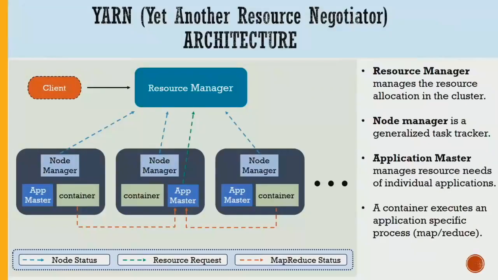So this is what I meant here. Your YARN resource manager can talk to a node manager which is managing the Hadoop elements, but you can also talk to something that is managing the stream processing Spark element. You can also talk to something that is managing a NoSQL graph processing database. So you can run multiple big data frameworks on the same cluster, and each one of them is doing a different function as part of the data analysis workflows. That's how the real big data production infrastructure works.